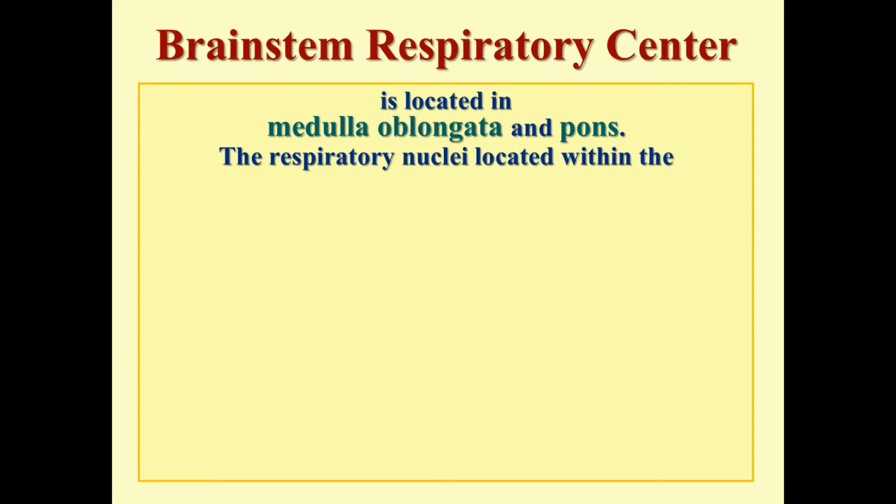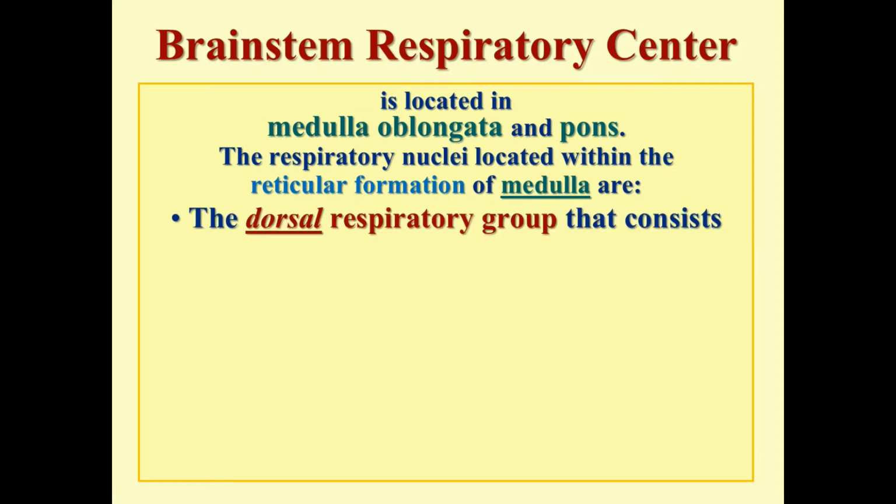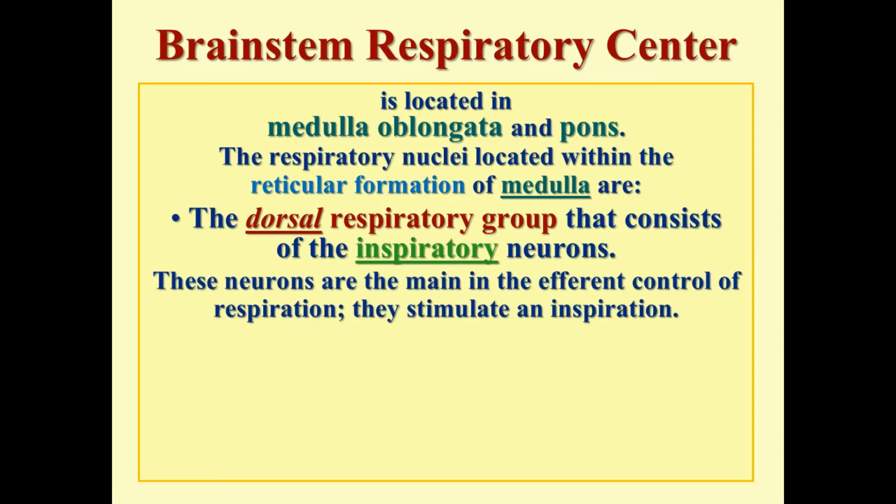The respiratory nuclei located within the reticular formation of the medulla are, actually, many subgroups of neurons, but we can combine them into two large groups. The dorsal respiratory group consists of the inspiratory neurons. These neurons are the main ones in the efferent control of respiration. Their function is to stimulate the inspiration, and the duration and strength of the stimulation determines the level of the